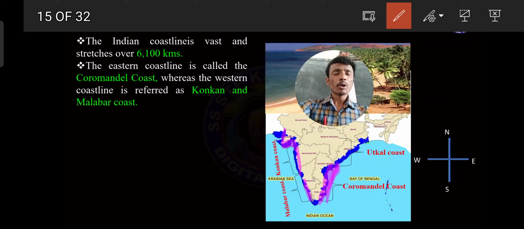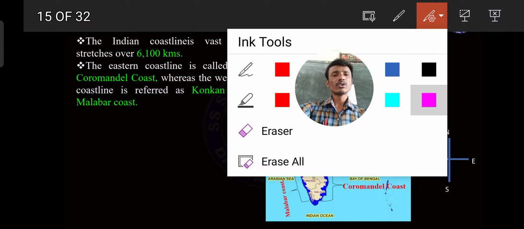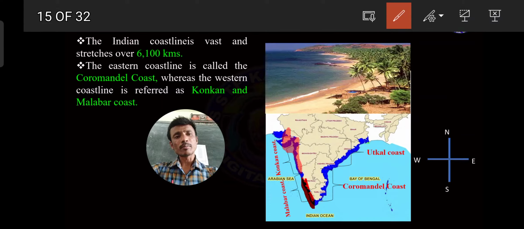Here there are four types of coasts. I will now give information about these four types of coasts. This is mainly the Konkan coast, this is the Malabar coast, up to here the Coromandel coast, and up to here the Utkal coast.